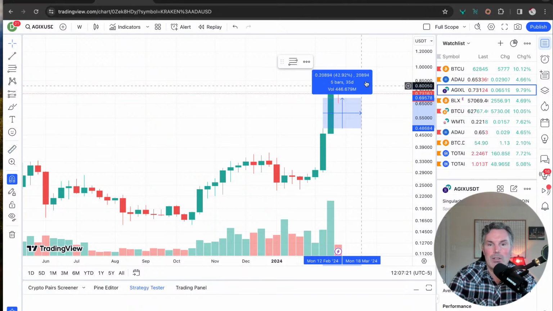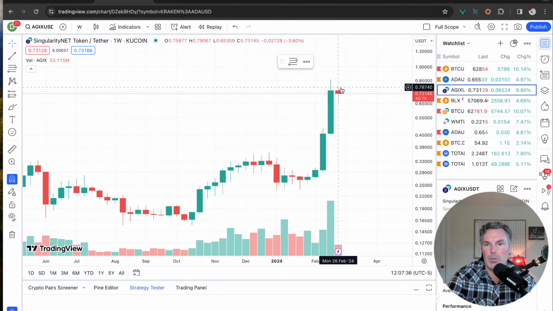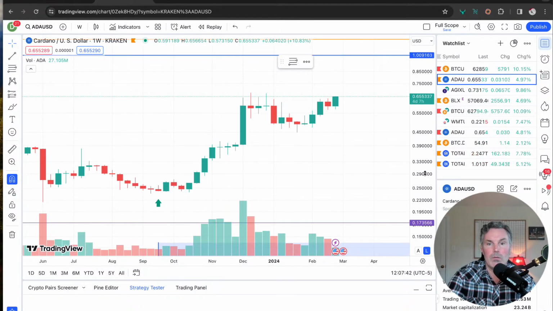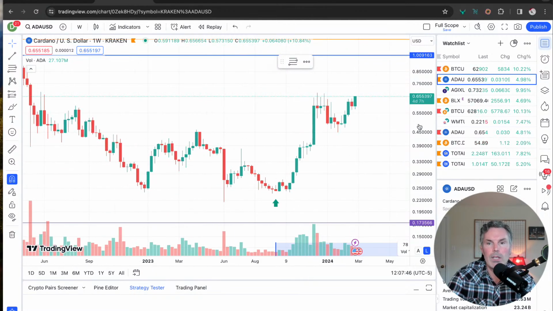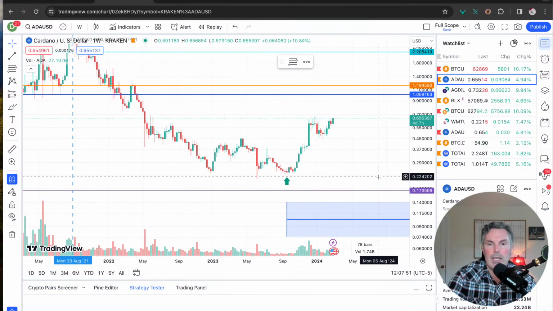And so AGIX, congratulations to the team. I'm excited about what they're doing. It was the bonus reveal of one of the tokens in our Cardano native asset list. AGIX was one of our first picks. It's still performing well. There's a lot of solutions coming out with them. And let's just take a look at ADA while we're at it. My goodness, ADA is doing really well. Very interesting with ADA. It's something I'm very much keeping my eye on.